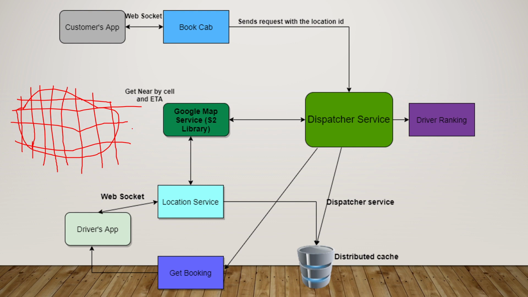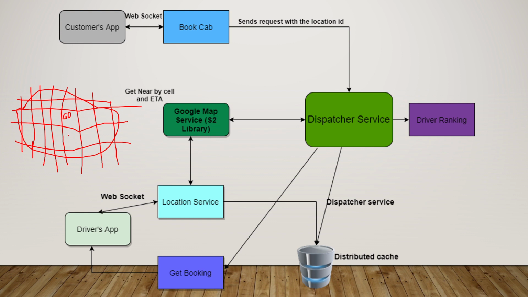Now when the dispatcher service sends a request to Google Map service saying that my guy is sitting at one particular location, the rider is at this grid. Let's say that this is G0. So this is where the rider is present currently. Now you give me all the grids that are surrounding this particular grid.